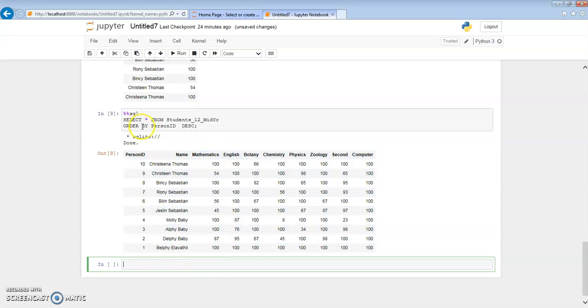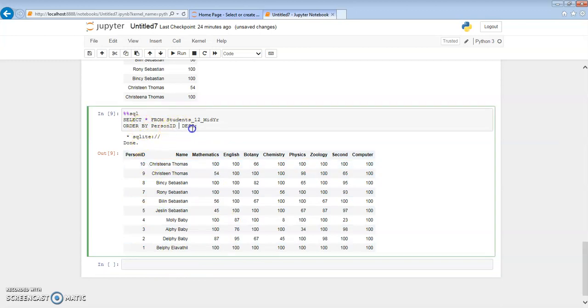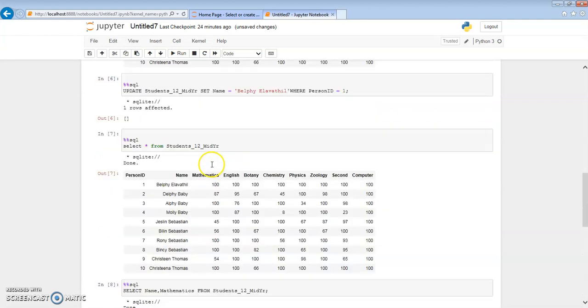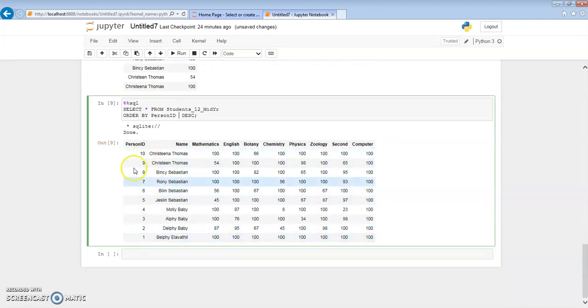We are using the ORDER BY query, and we are giving it as descending, so we'll get our table with the person ID column in reverse order, and the other columns also get adjusted accordingly.